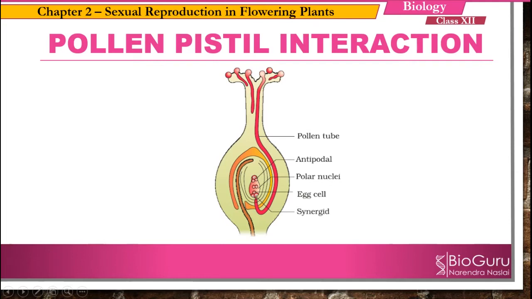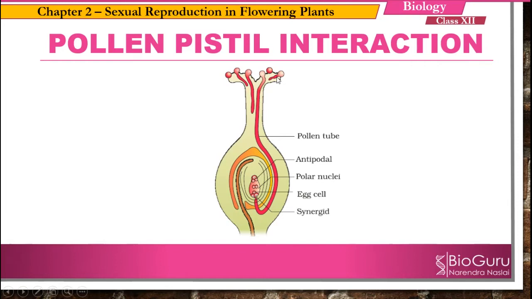In this video, we are going to learn about pollen-pistil interaction. All the events from pollen deposition on the stigma until the pollen tube enters the ovule are together referred to as pollen-pistil interaction. And pollen-pistil interaction is a dynamic process involving pollen recognition followed by promotion or inhibition of the